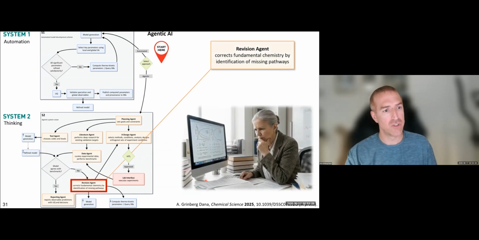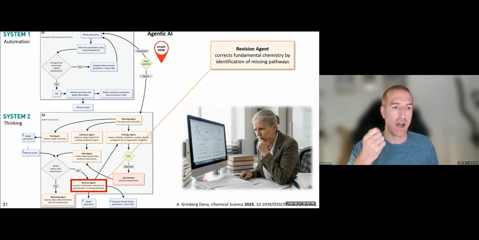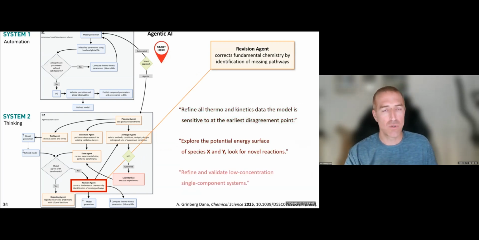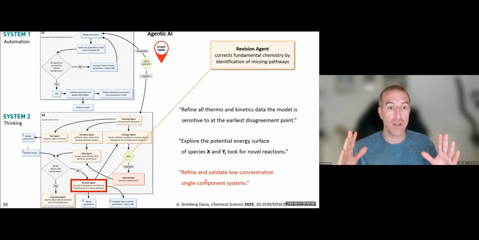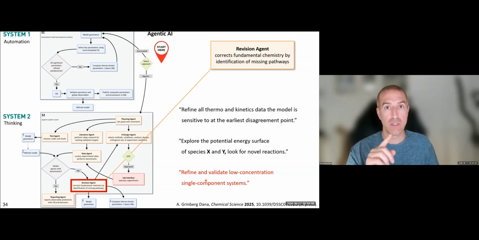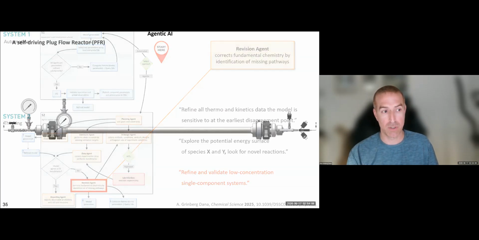We have a revision agent that's currently in building, and here we want to mimic a chemist intuition that will look at the model and will tell us, hey guys, you're missing a few species, or how come you don't have that reaction? So now we're coding and we're teaching the computer to understand what it doesn't know. And that's a philosophical question, of course, but we have 30 questions, very wide, each one that necessitates more computations, sometimes more experiments to investigate what we're missing if the model indeed does not agree with the validation experiments.